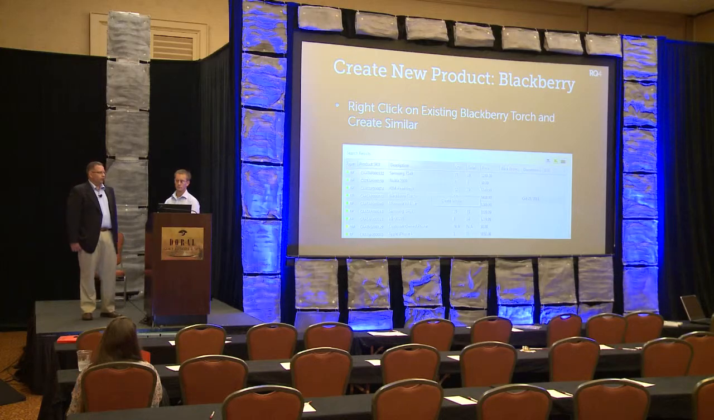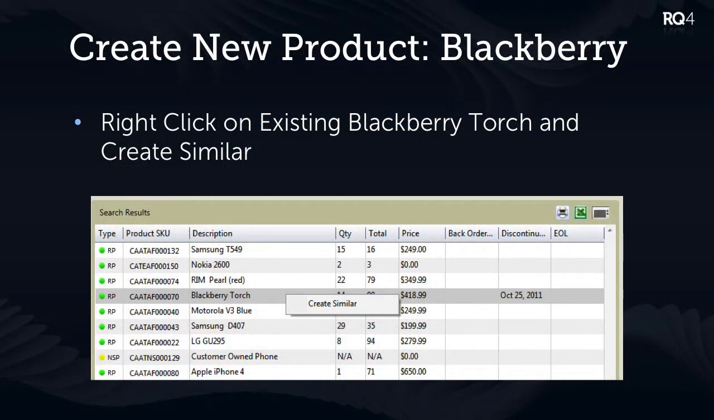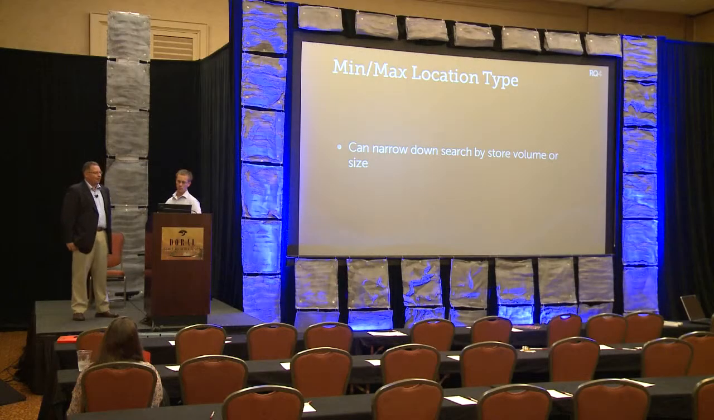So to create a new product, you can actually right-click on an existing product and create similar. Then you fill in the blanks. It's very simple. The most important thing you can do with the min-max location type, you can actually set up different